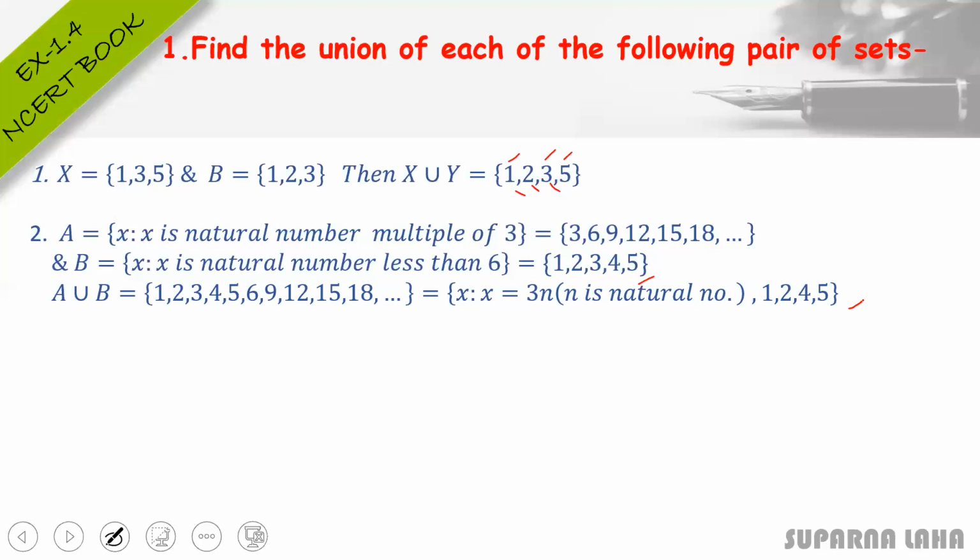Now if we are taking the union of a set with a null set, we will get the same set again, that is the set A. If here I am taking the set A as 1, 2, 3 and B as the null set, then its union is also the set A. Now this is one of the properties of union of sets, and in the next class we will talk about its properties of union, intersection, difference, all the properties of these operations. Okay, so moving to the next problem.